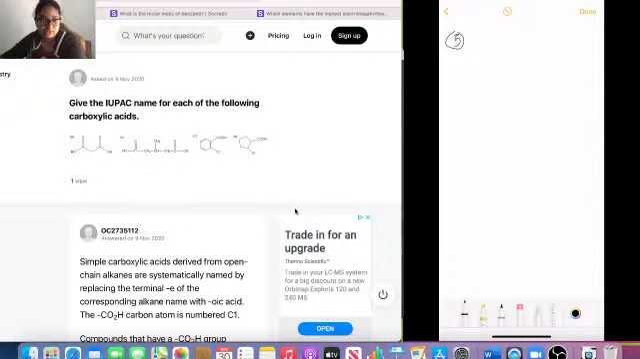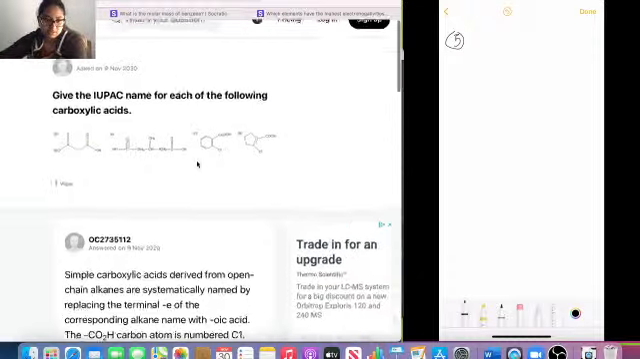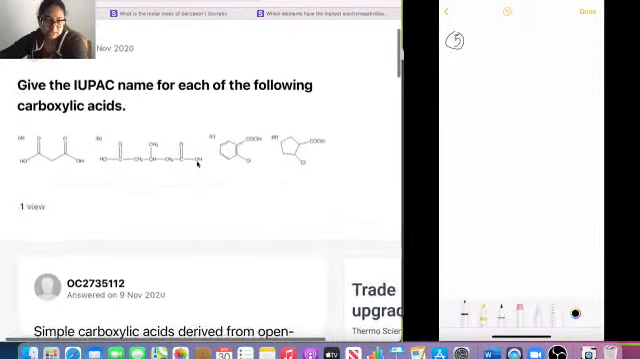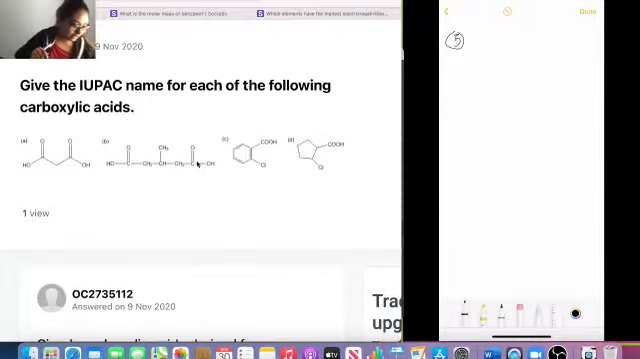Okay, so our next question says, give the IUPAC name for each of the following carboxylic acids. And so we can see that we're given 4 carboxylic acids here, and we basically have to give the common name or the IUPAC name for these acids. And so to do this, let's first address